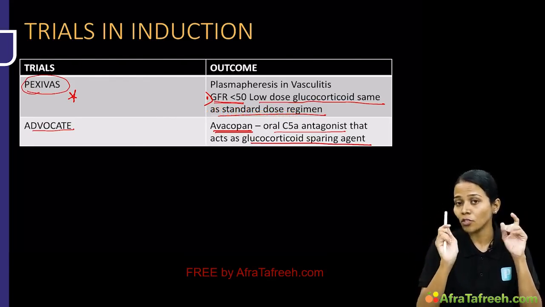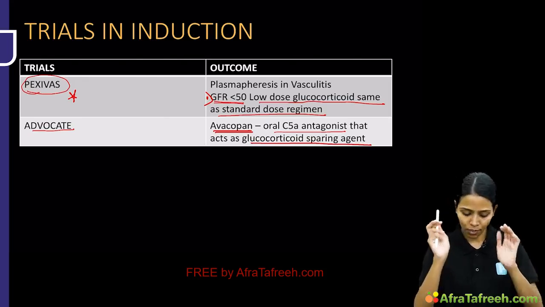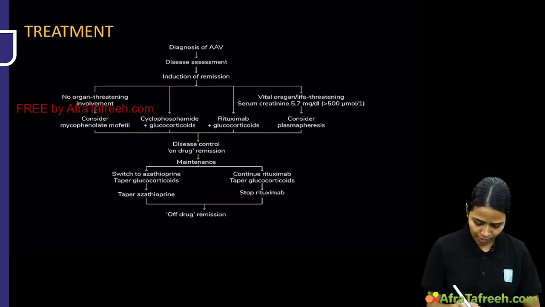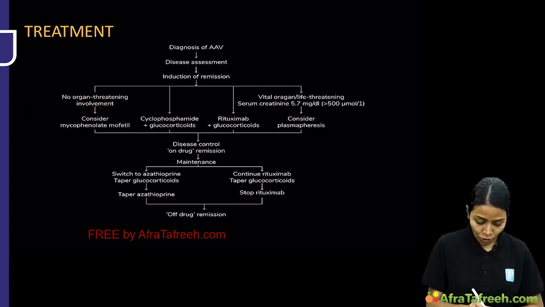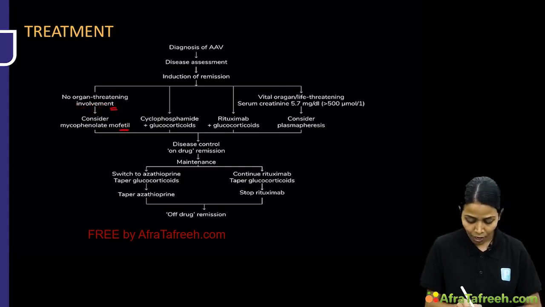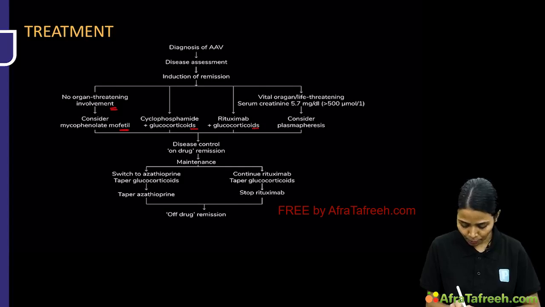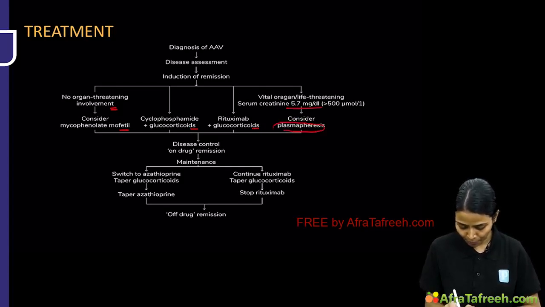It can be used as a glucocorticoid sparing agent. Okay. Now, this is the chart. Once you diagnose ANCA-associated vasculitis, do disease assessment, and plan for induction of remission: if there is no organ-threatening involvement, you can consider MMF. Or you can also consider cyclophosphamide plus steroids or rituximab plus steroids. But if there is vital organ or life-threatening disease with serum creatinine more than 5.7, you have to consider plasmapheresis,